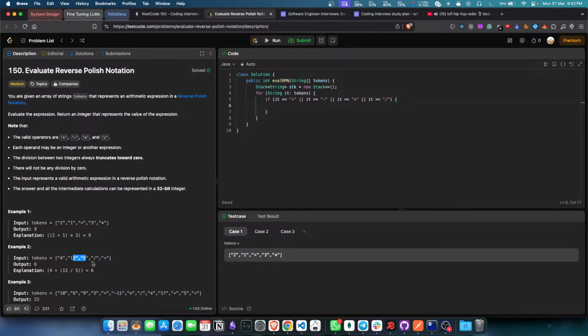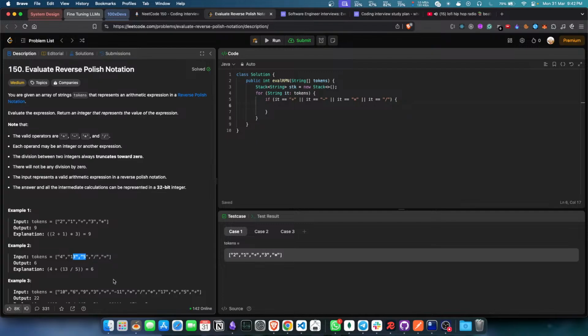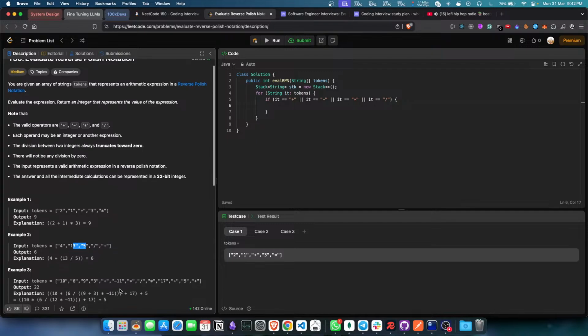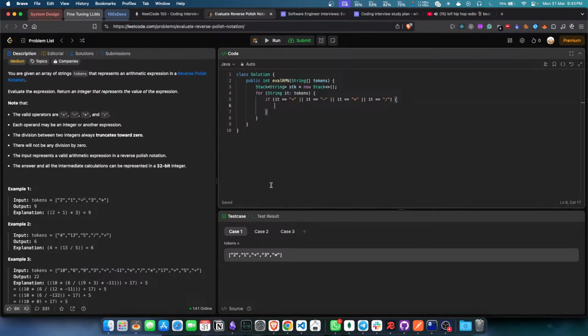Over it is 13 and 5, you divide 13 by 5, right? So similarly, over here it is minus 11. You do a 9 plus 3, it becomes 12, and then you do a minus 11 on this. So yeah, makes sense. What you need to do is int num2 is